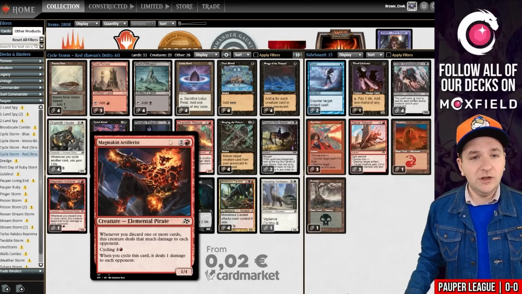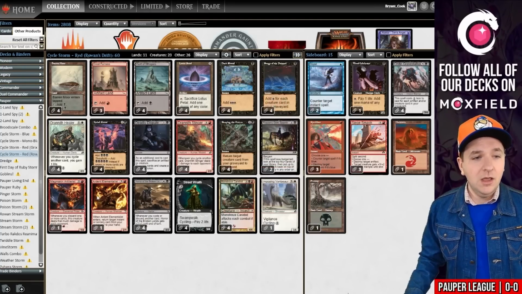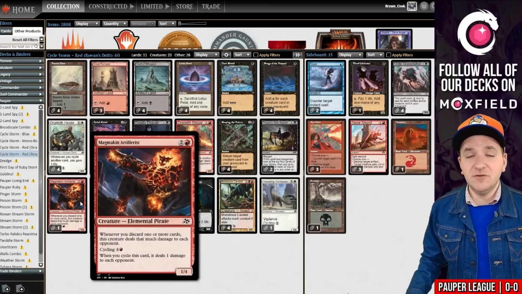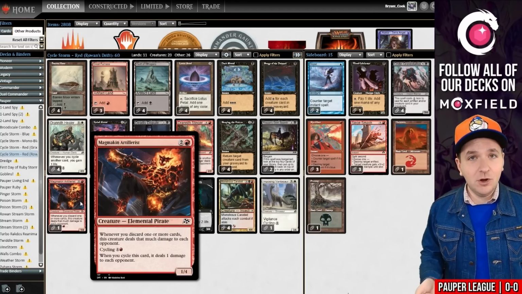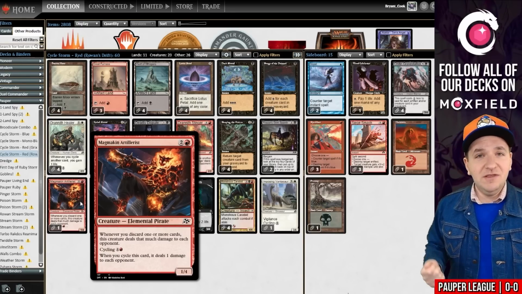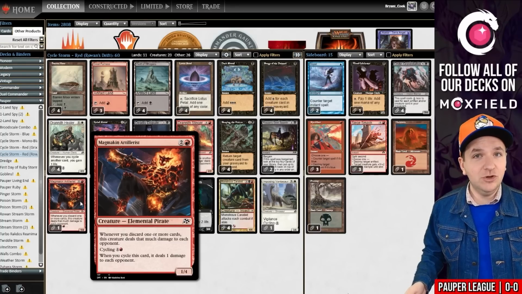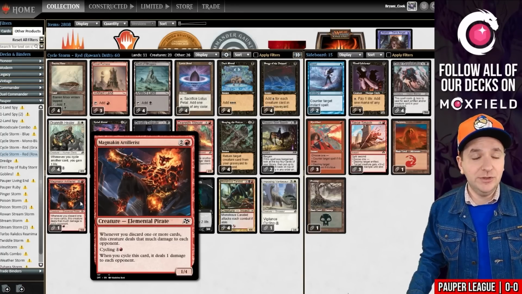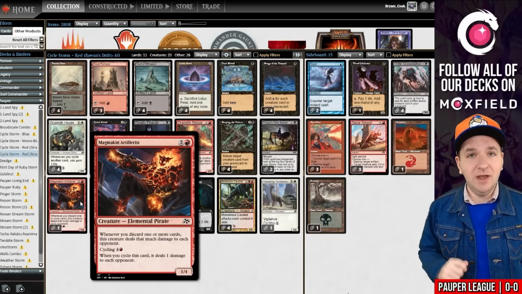Well, it's actually worded differently than Guttersnipe. This says whenever you cycle another card. Magmakin Artillerist says whenever you discard a card. Okay, they're slightly different. Well, cycling is discarding. Discarding is not necessarily cycling. And that means that with things like Tolarian Winds, you could discard 12 cards at once and deal your opponent 12 damage. We're not playing Tolarian Winds today, but there is a built-in discard into Magic the Gathering called the